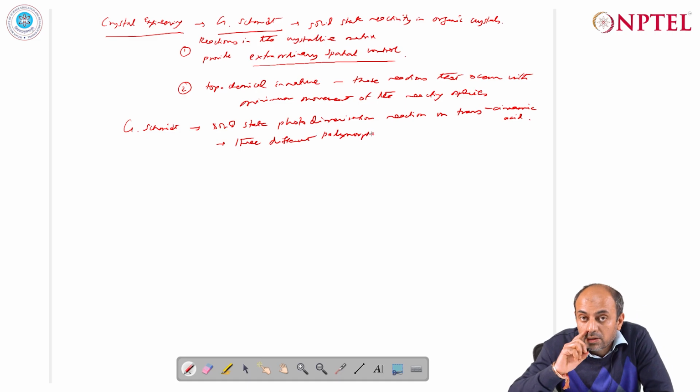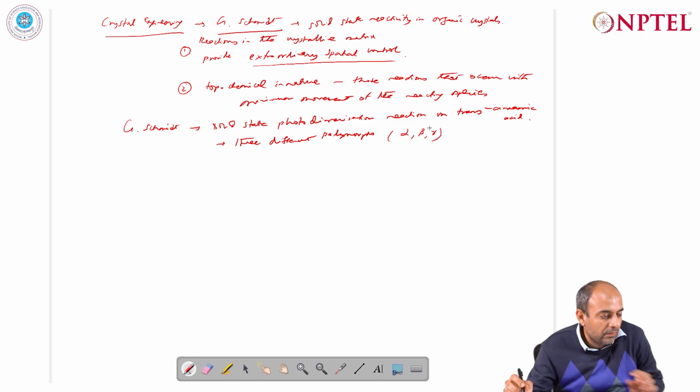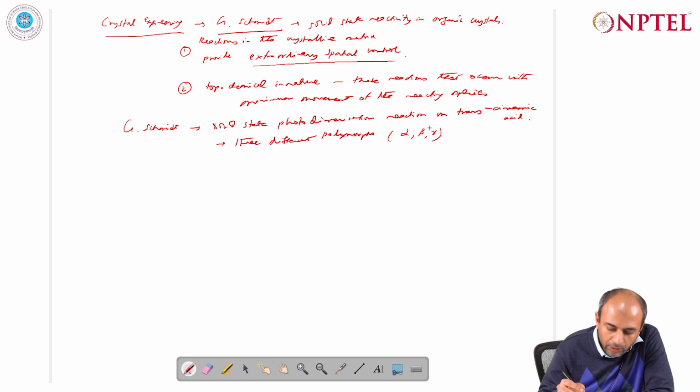That means the molecule is the same, but the arrangement of the molecules in the crystal structure is different. So there are 3 different polymorphs. We designate them as alpha, beta and gamma, and it has been observed that the alpha polymorph